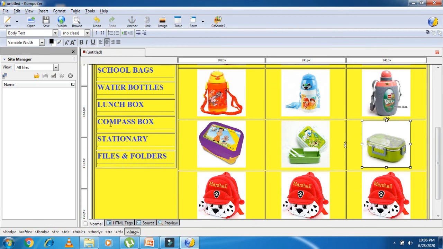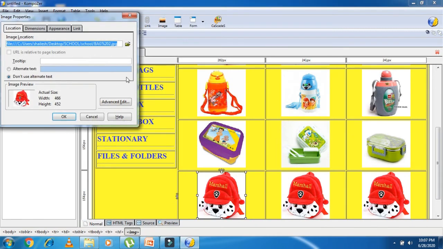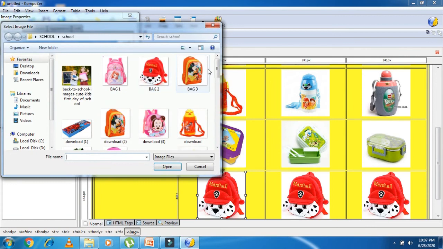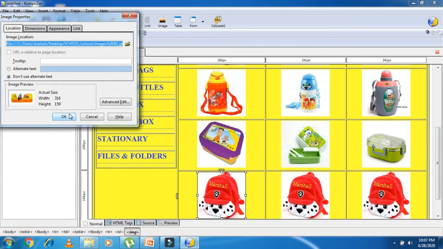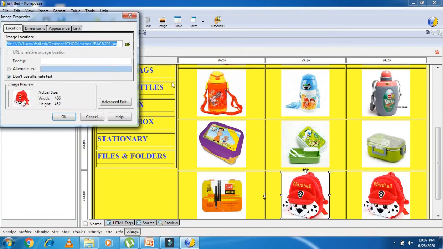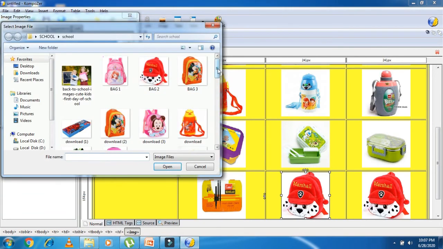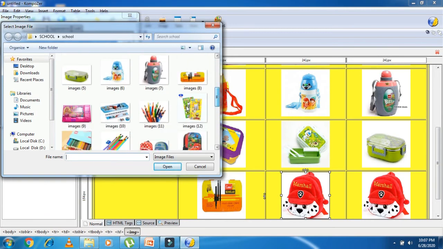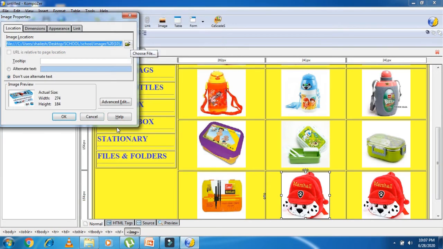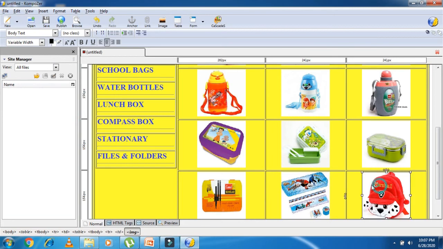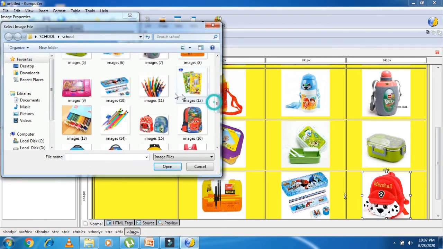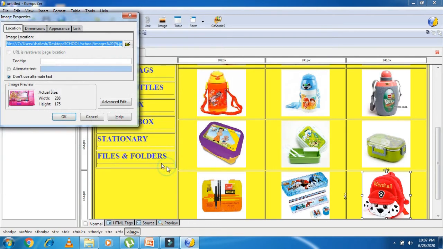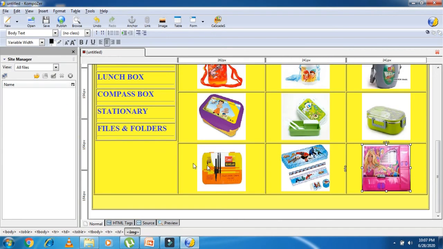Okay, after that compass box, so double click on it, select from here and add compass box. Here also I'm adding compass box. This is done. Now the compass box is also added.